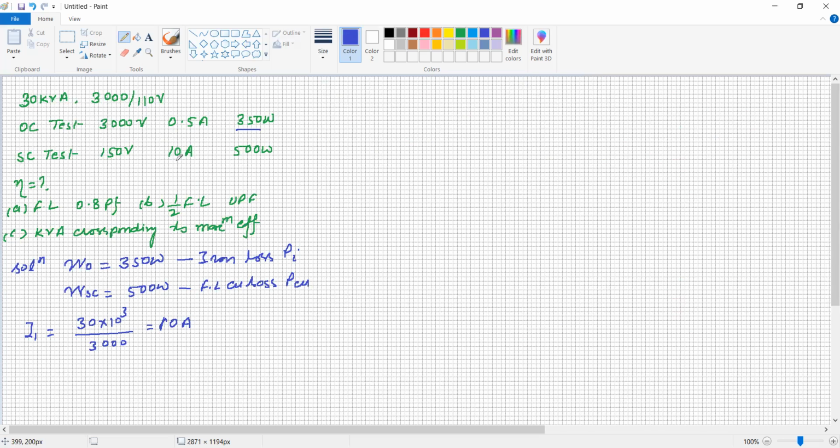So whatever the reading is taken, definitely it is a full load condition. If it is not 10 ampere, say it is 5 ampere, then the copper losses have to be recalculated over this 10 ampere. Suppose the data is given like 150 volt, 5 ampere, 250 watt. It means the current is not the full load current. It is going to be examined only by calculating the full load current. Now the full load current is 10 ampere, so on this basis the power is going to change.